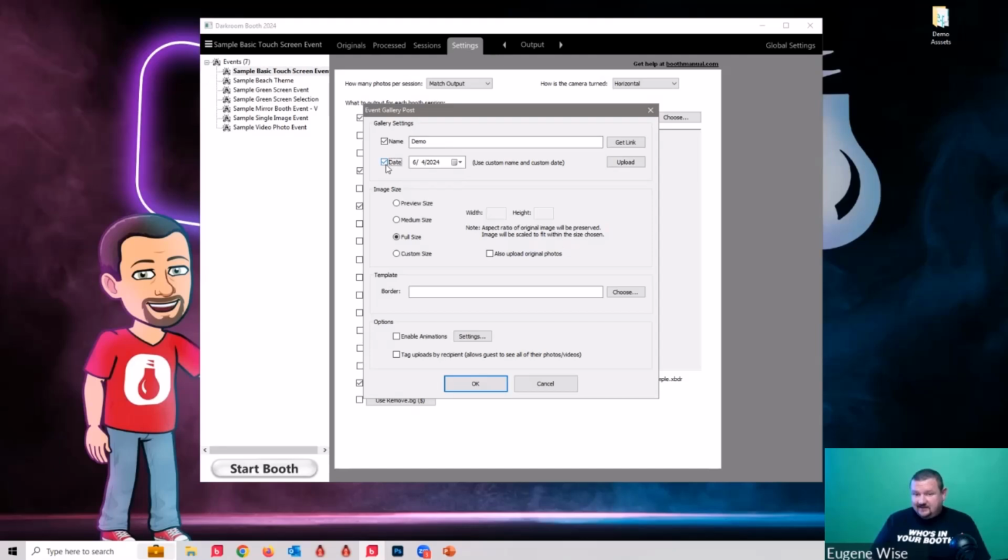The date, if you check it, then you can set it for a date in the future, and so you can do your testing, and then when that date comes, everything's still the same. If you don't check that option to use the date and you do your testing and you build your QR code that links to your gallery, you can run into an issue with it uploading to a different gallery based on the date. So it will automatically create a new gallery